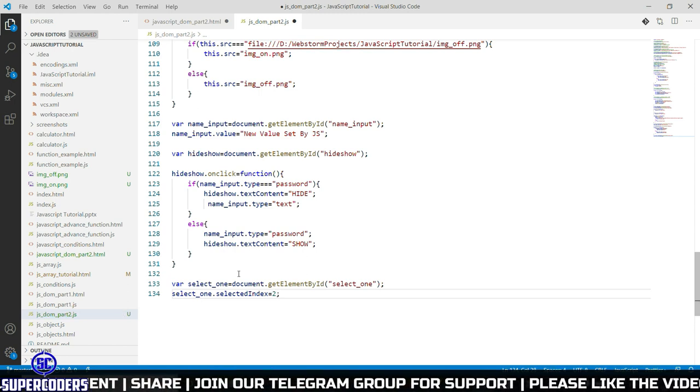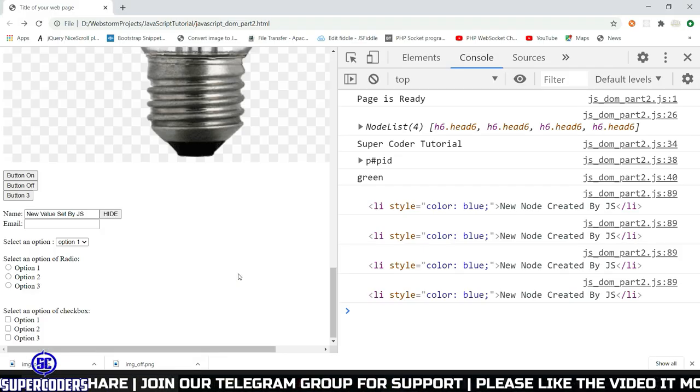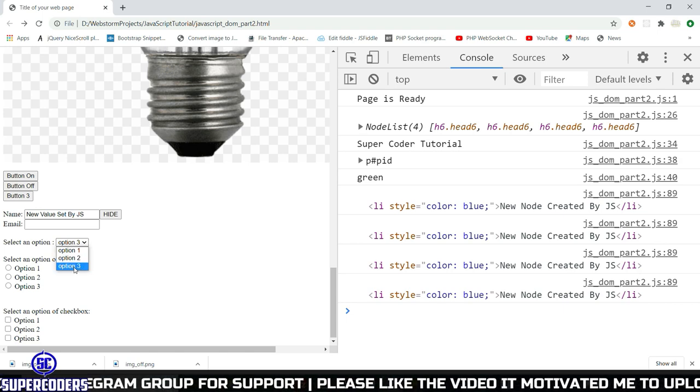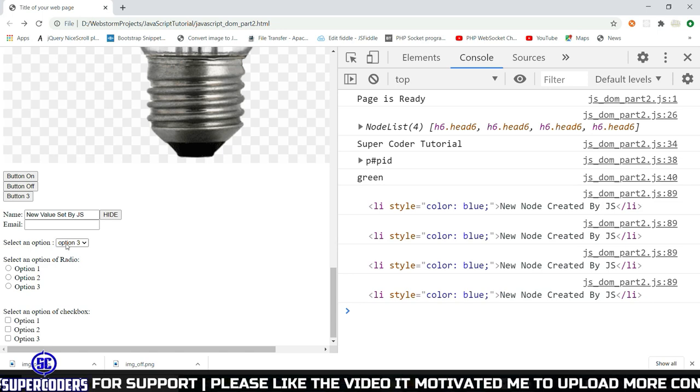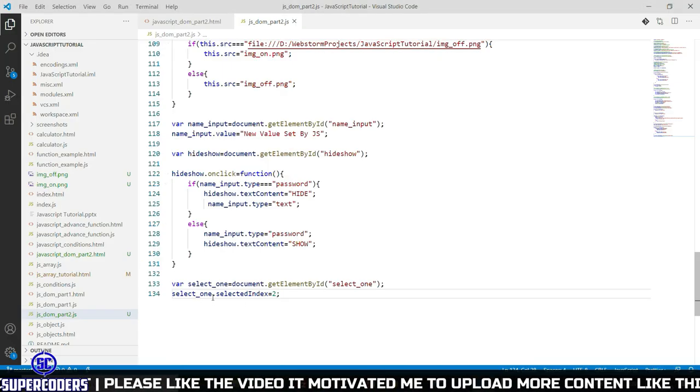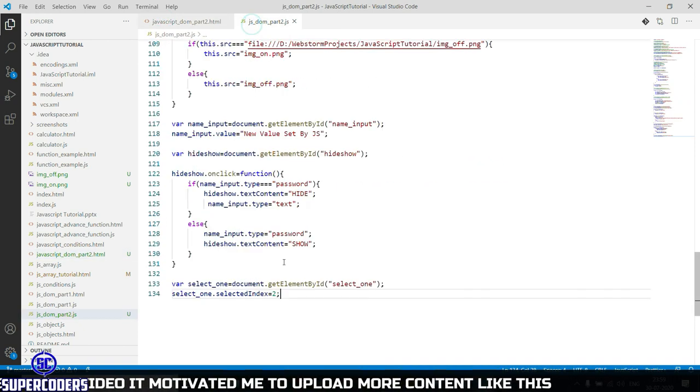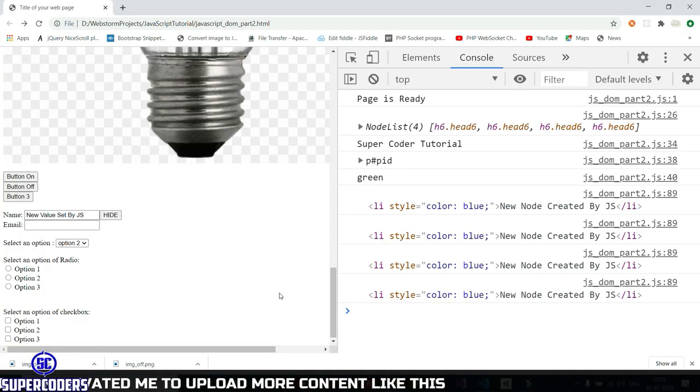Let's see if it's working or not, and you can see it works. So in this way you can select an item of drop down using JavaScript. Again, if you see, the default item selected is option 3, so you have to pass the index. Here you can see index 2 is 3. If I change it to first, you can see it selects the first item.